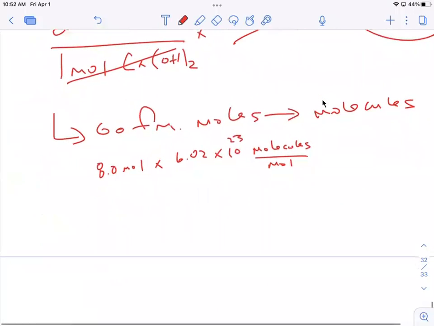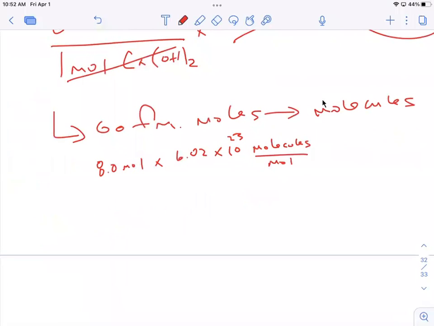Right? Remember, Avogadro's number is per mole. Particles per mole. You can put anything in the top. The bottom unit is always moles. So we can cancel out moles and get molecules. Right? So 8 times 6.02 is going to be